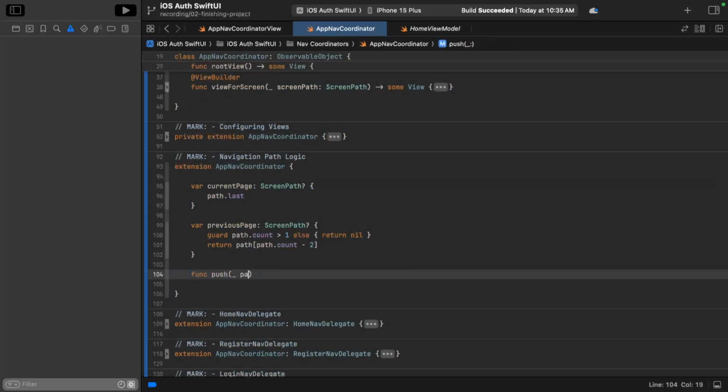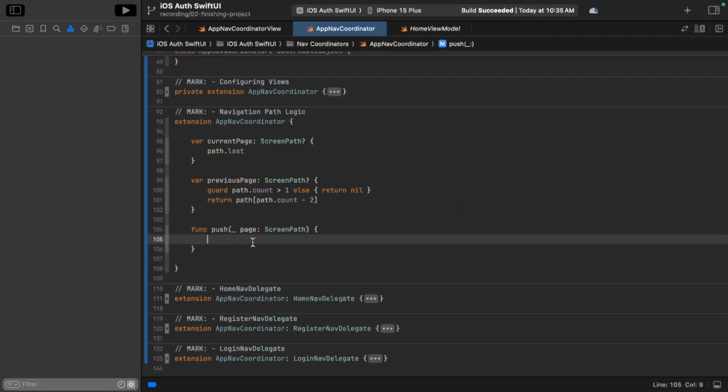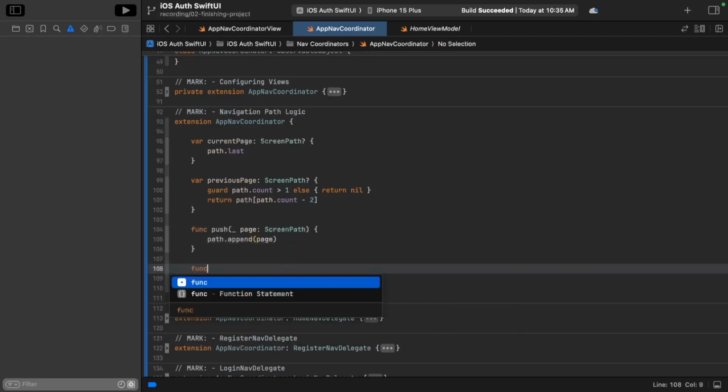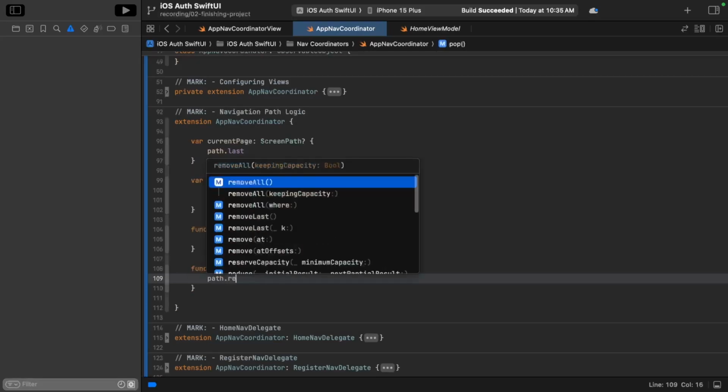Page, call that path. I'll call it page. Screen path. My terminology in this project's a little all over the place, but bear with it. Say func pop. We're essentially recreating exactly what the UI navigation controller did. So path.remove